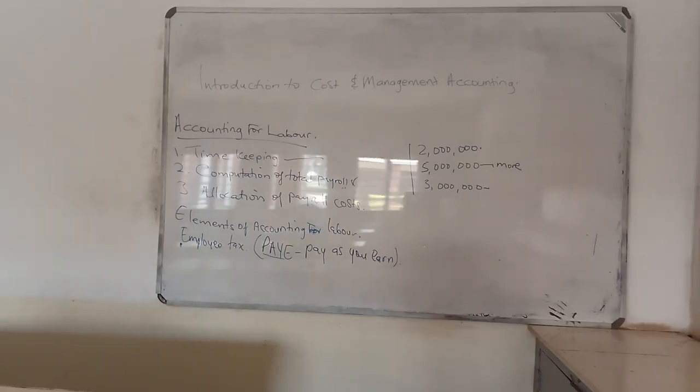When you are going to start work, you are going to know this. Come again? You say that employers, yes, they are receiving what? When they are receiving, they get tax to salary. We are saying the second element of accounting for labor is employers' tax and fringe benefit costs. Okay, fringe benefit costs.